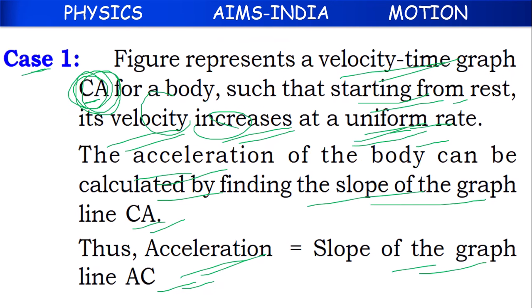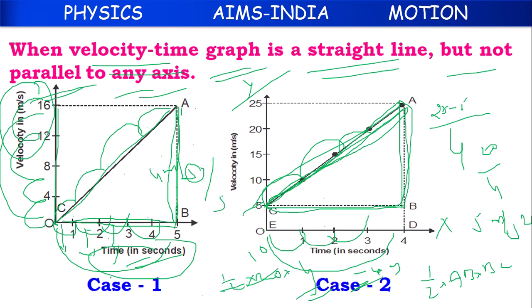Sorry children, area means the total area we have to cover, up to along with the coordinate axis. Not only this part, we also have to cover this part. This part we have got 40 meter, but downside we have a rectangle whose this side is 5, this side is 4. Area of the rectangle is length into breadth, 5 into 4, 20 meter. This is 40 meter, this is 20 meter, which is equal to 60 meter.